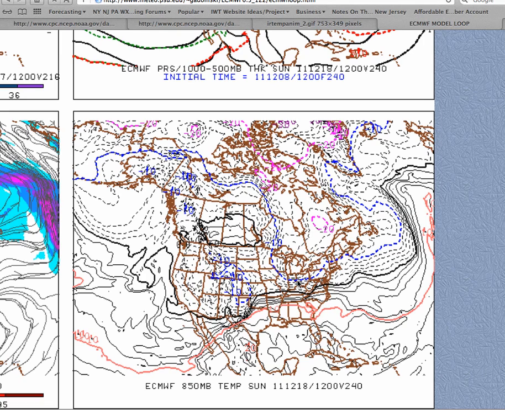Meanwhile, look at this Arctic air. This is minus 10 degrees Celsius, building south. So again, we're going to have a 10-degree thermal gradient setting up. When you get this type of thermal gradient and you get these disturbances that are moving across the 500 millibars, there's going to be precipitation breaking out. What are the details? No way I could tell at this time. But I am saying this.